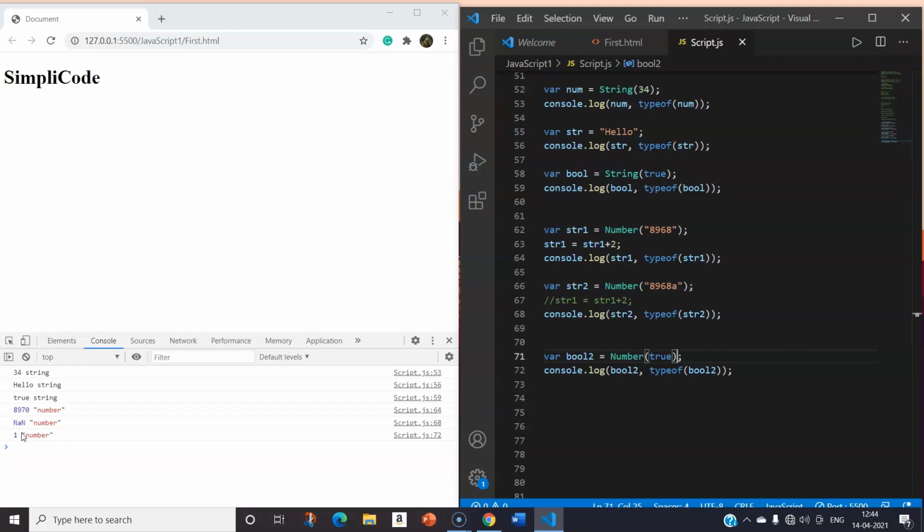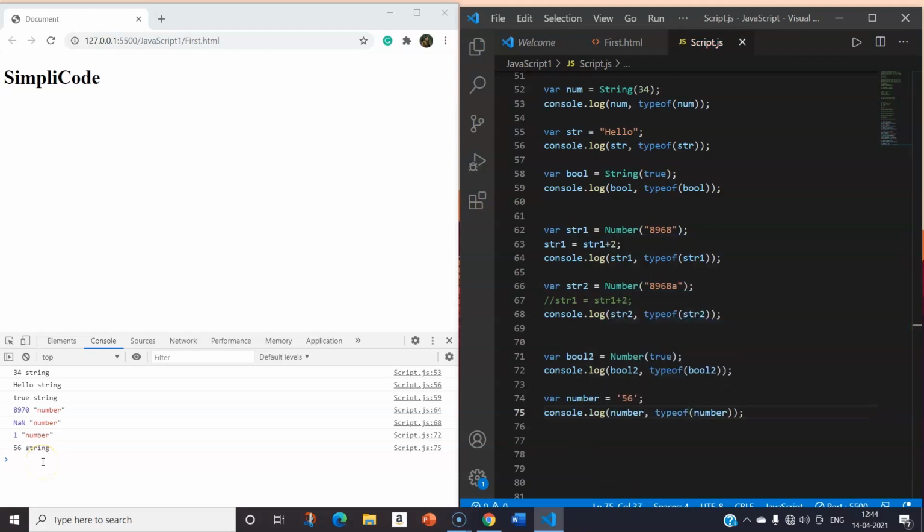Now let's have a look at parseInt and parseFloat as well, after which I'll tell you one more interesting function. Let's move on to parseInt first. Here I'll declare a variable. Let's say var, and we'll name this variable number. The value will be a string. Let's suppose it's 56. We'll print it with console.log.